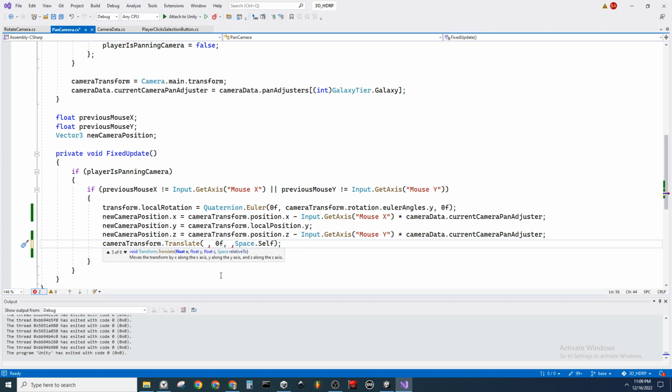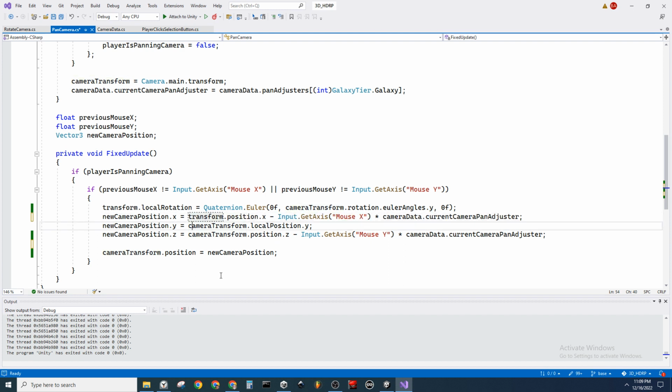Okay, so instead I think what I need to do actually, now that I've thought about it, is take the actual transform like this. I'm rather sure. And this is the actual position that